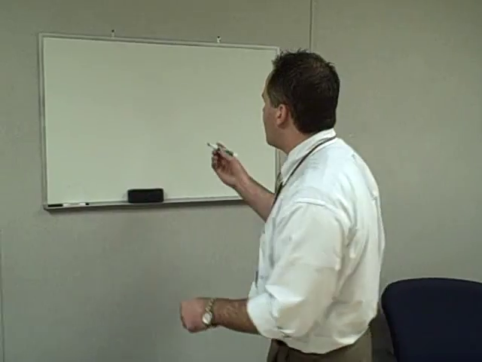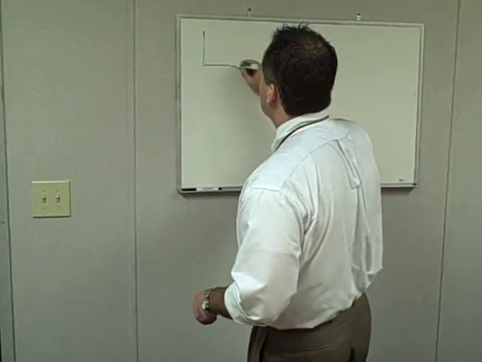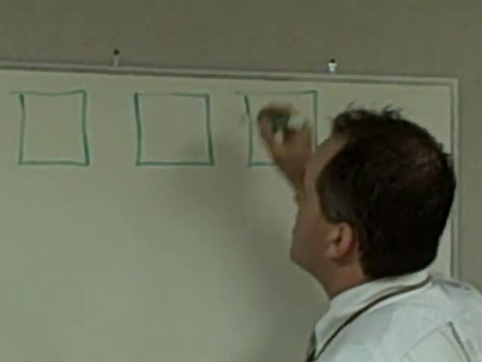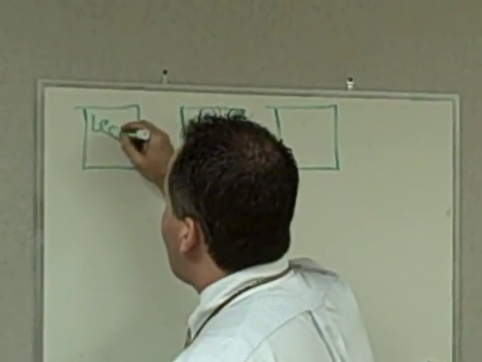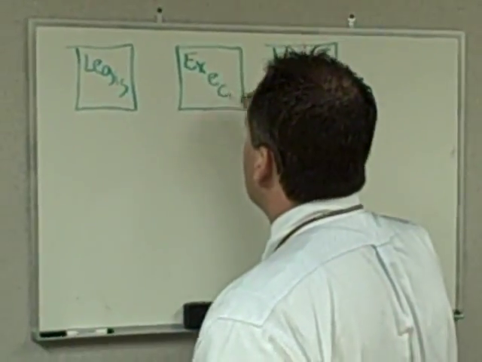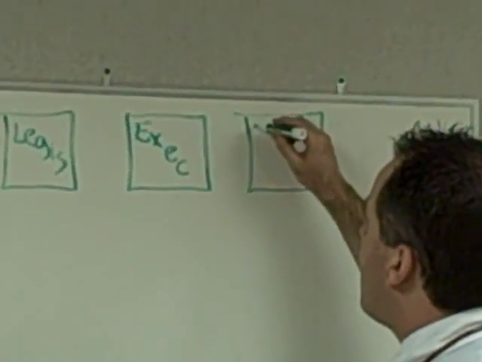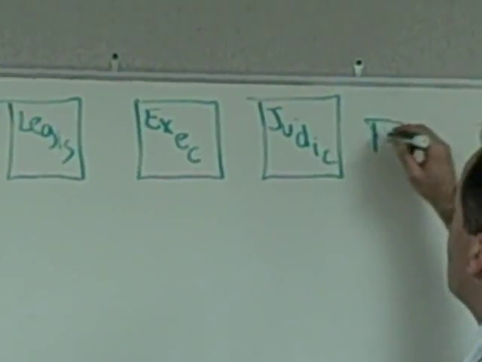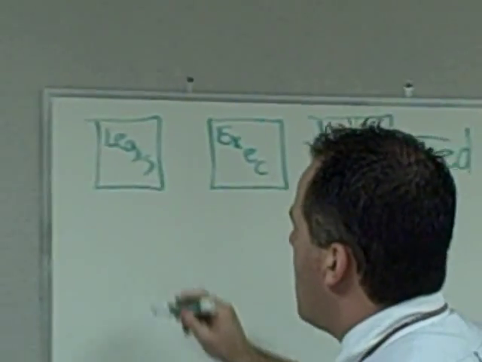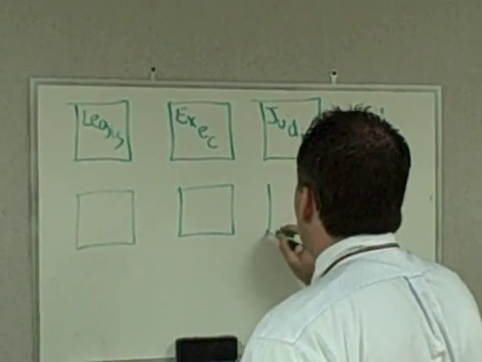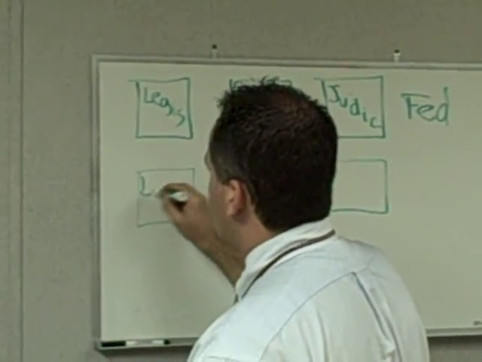Now, when you look at Federalist number 51, let me go back and build on something that we had talked about last week. If you remember last week, we had set up this idea of separation of powers. You're going to have your legislature or your Congress. You're going to have your executive or your president. You're going to have your judiciary or your courts up here, and this is going to be at the federal level. Well, understand, when you talk about federalism, you're not just going to have a federal level, but you're going to have a state level as well.